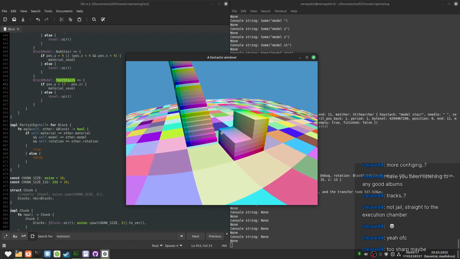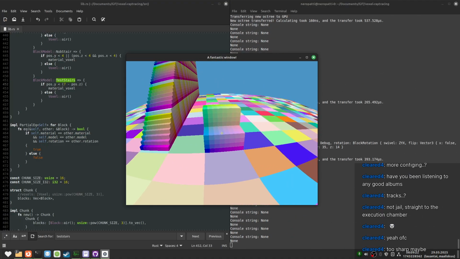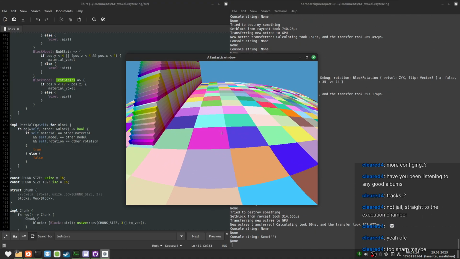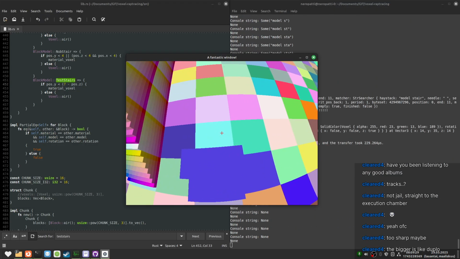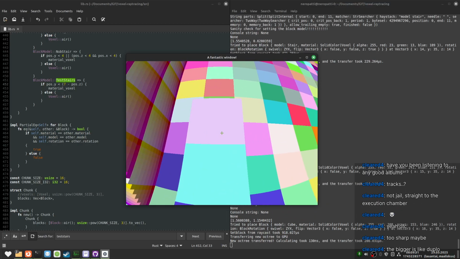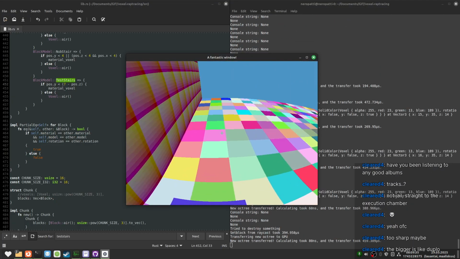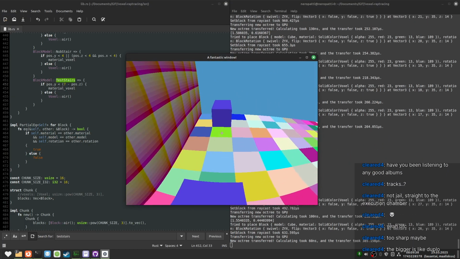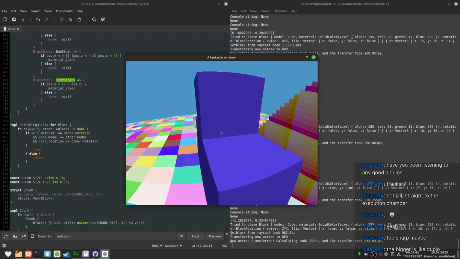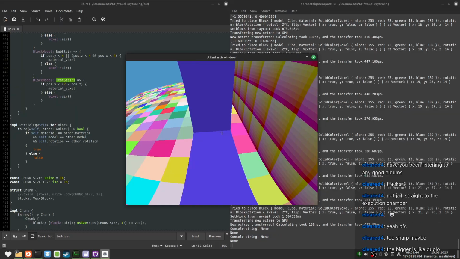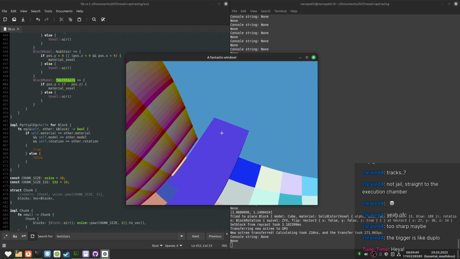Hmm. I'll just do something like this. Actually do this. I should implement the fill command. Why am I stuck? Okay.